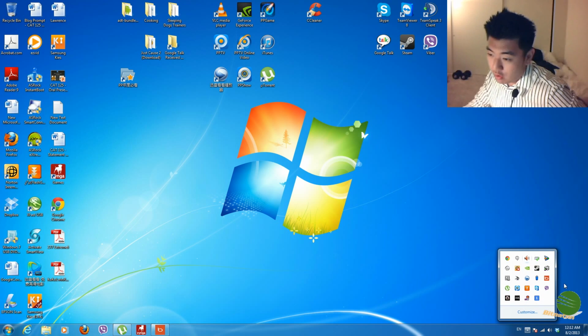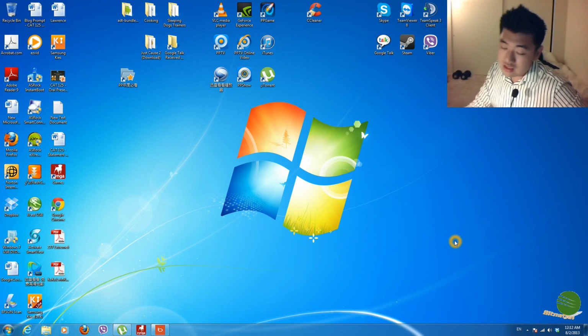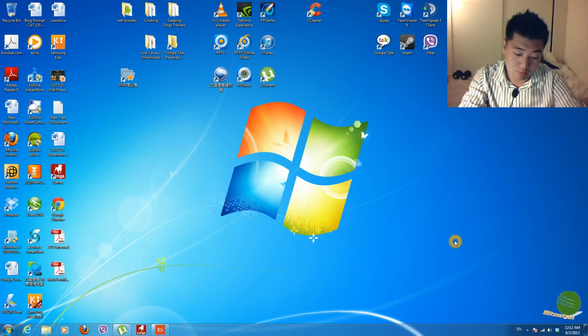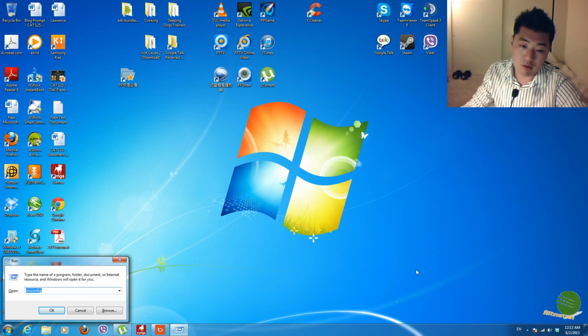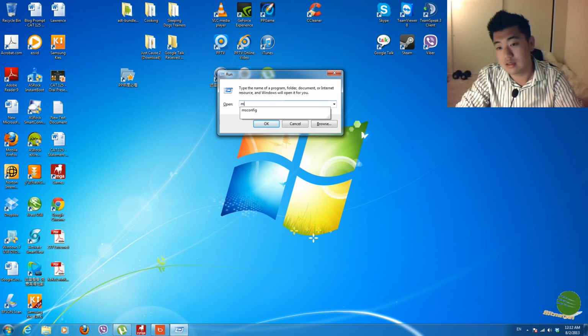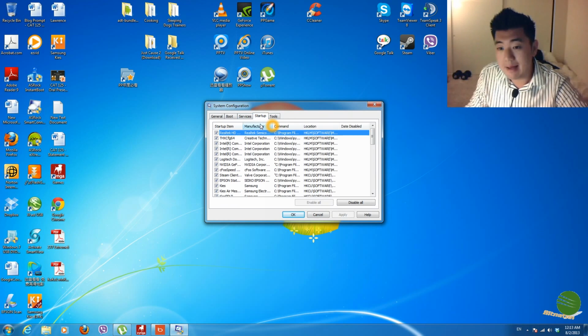You have a lot of software here and you want to make sure they don't start again when you boot up your computer next time. So how do you disable them? It's pretty easy. On your keyboard there's a Windows key and the R key. Press them together. So Windows key and R, and the little Run box should pop up, and you want to type in msconfig without a space and press OK,